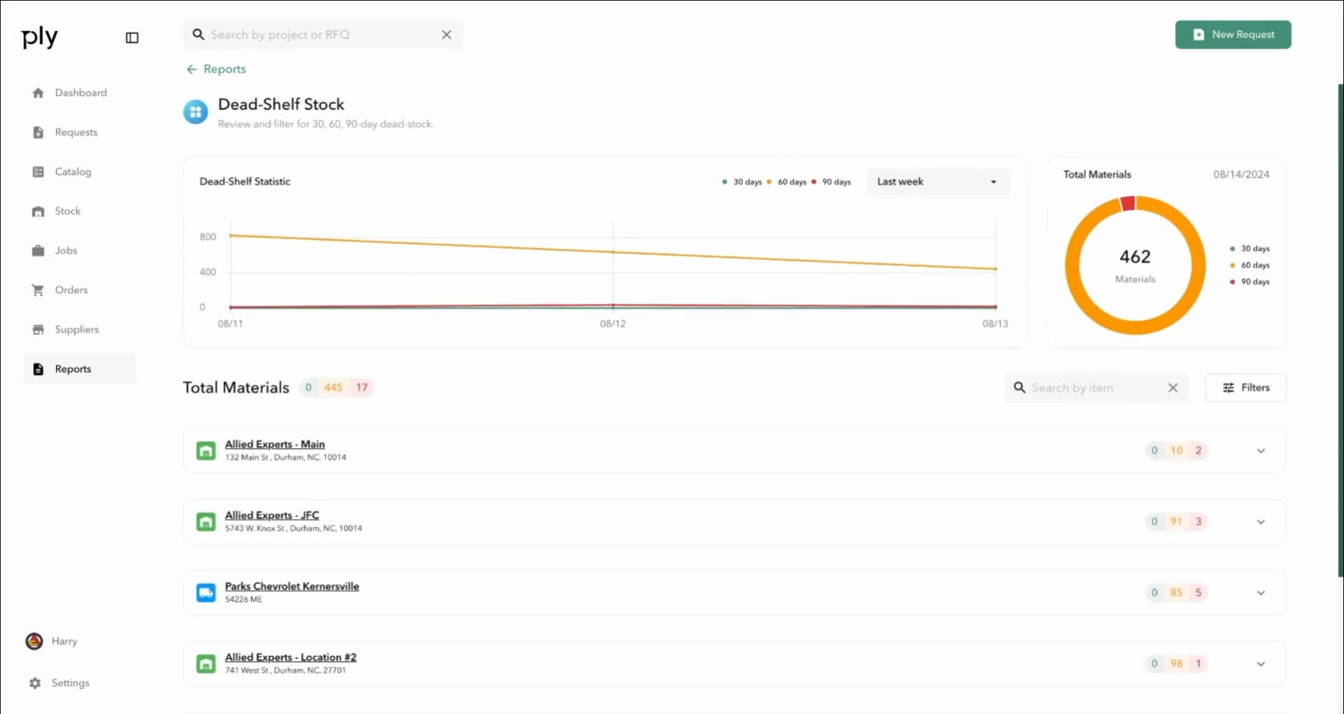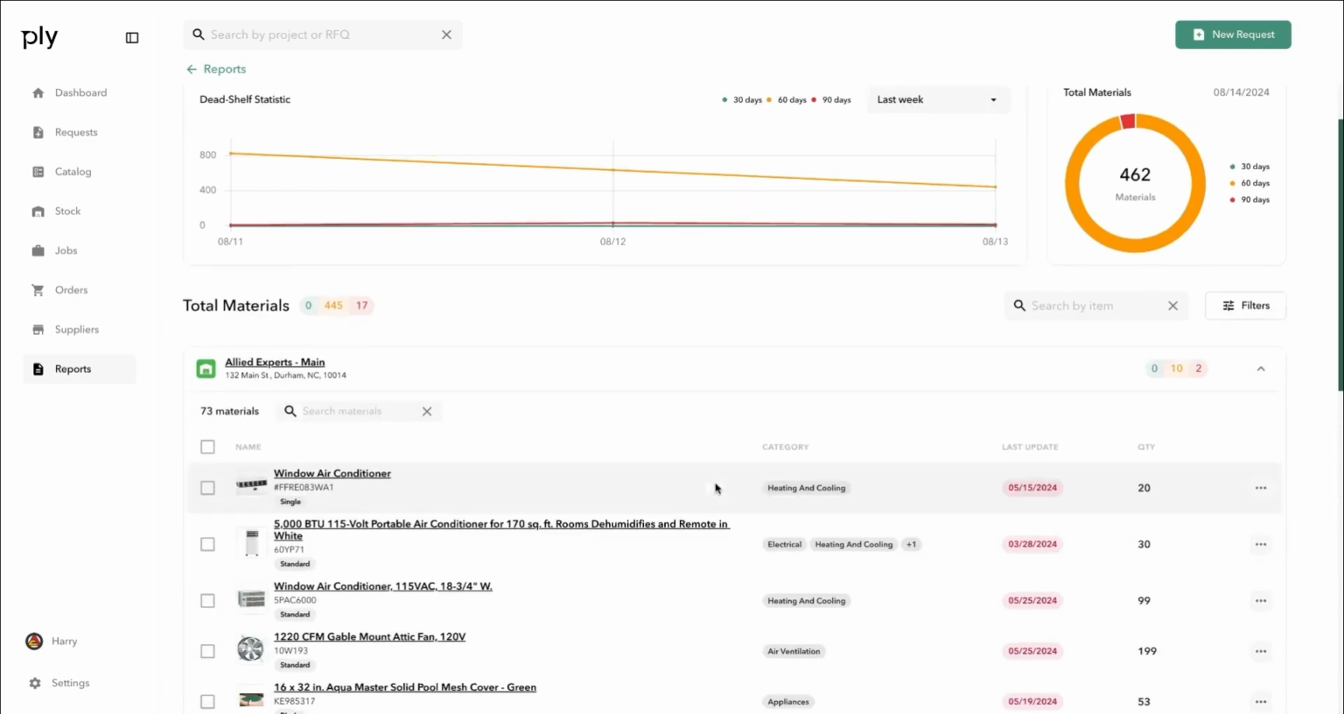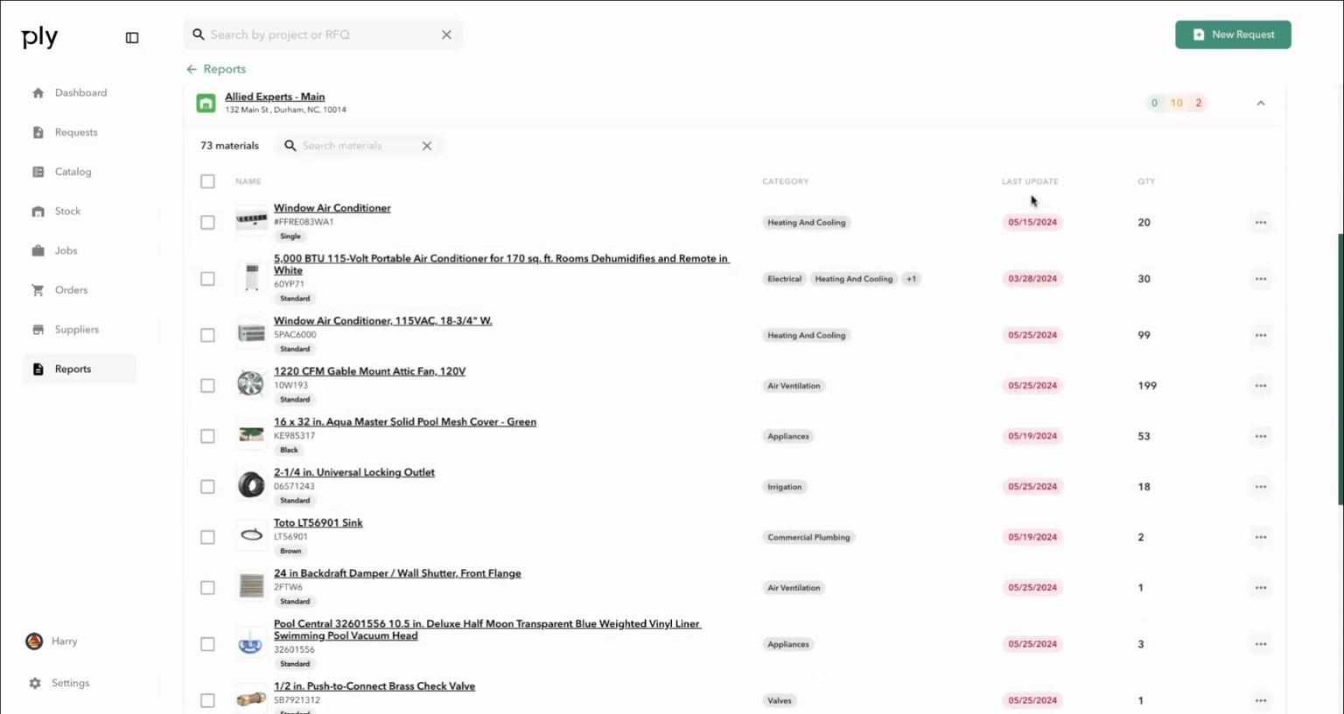In dead shelf stock, you'll be able to see the movement of materials and the lack of movement of materials between each of your locations. You'll see here that we have the total number of materials in the 30, 60, and 90-day windows. When you expand out the menu, you'll be able to see in more granular detail the last updated at, and